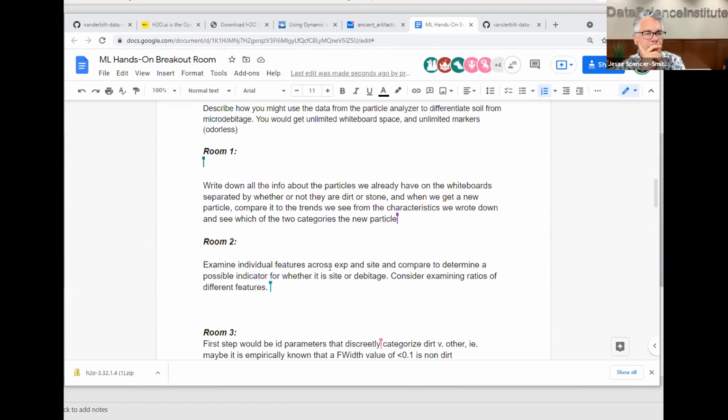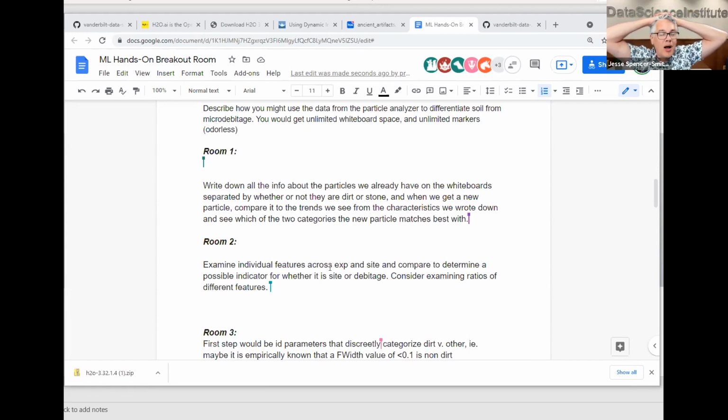Love it. Room 3. I think that was my room. There were really great ideas in that room around how you could look at the different variables and start creating groups based on them. Someone said maybe you could do a group by on some of the individual parameters, and then split things based on specific values. And then from those subgroups, maybe change a different variable. If you have information on the location, maybe use that as well. Just this iterative kind of splitting and grouping. I love it.